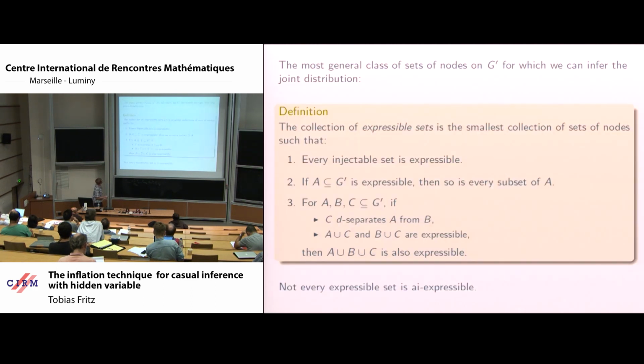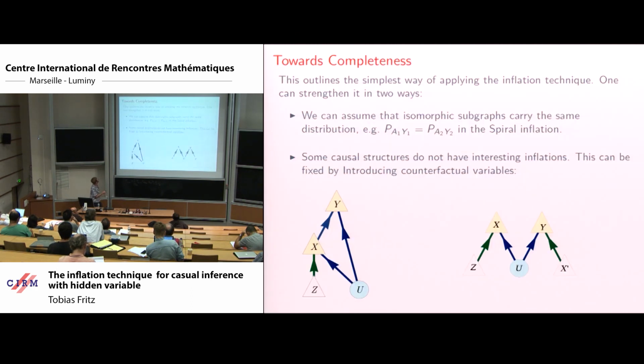And if you also use all equations of this type, then in the case of the triangle causal structure, they proved that the inflation technique is complete. And every non-compatible distribution will be detected. And so this applies in general in all those cases where the causal structure has these two layers, like in a restricted Boltzmann machine, of an observable layer and a hidden layer. And they also proved that one can always reduce to this case by an additional technique, which is something